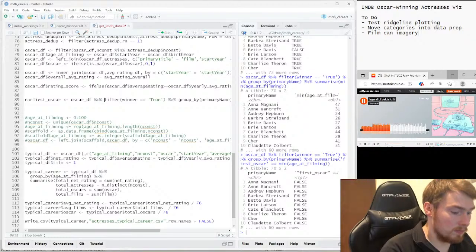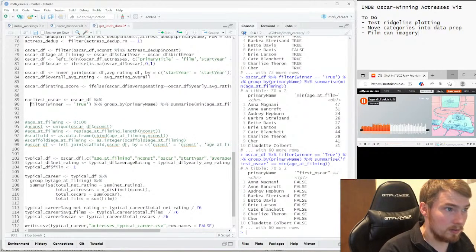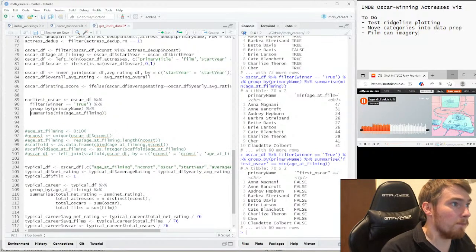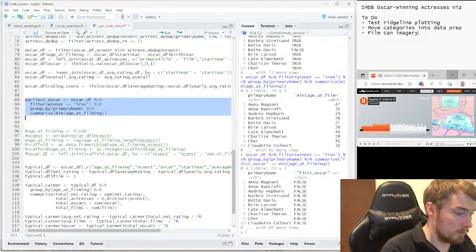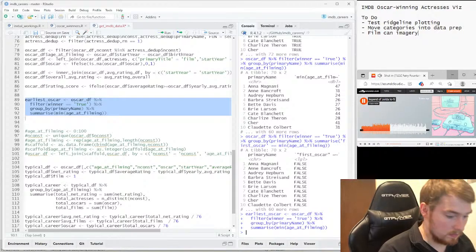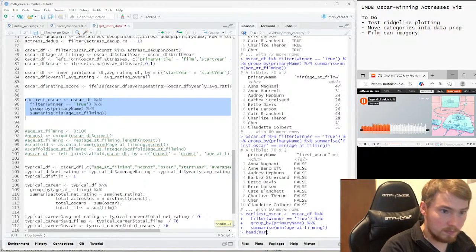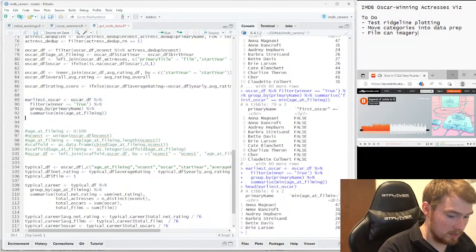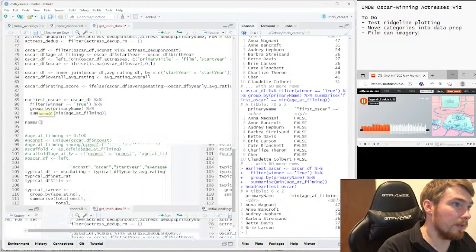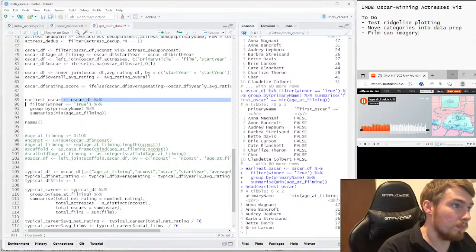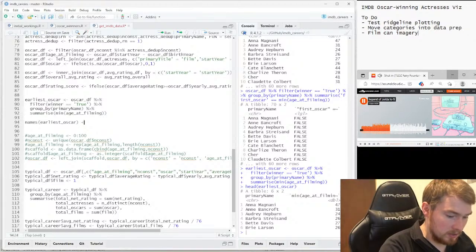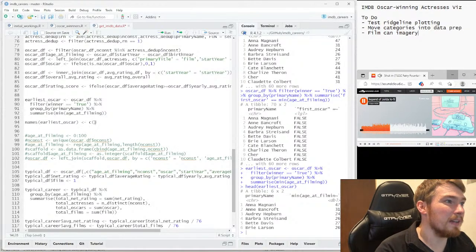So I call it that, and I give it names. So basically changing the column headings.